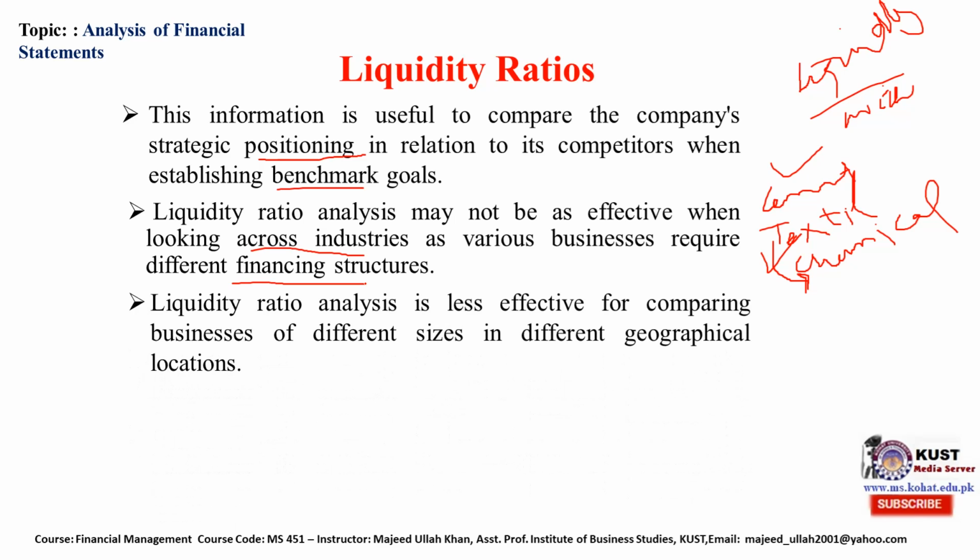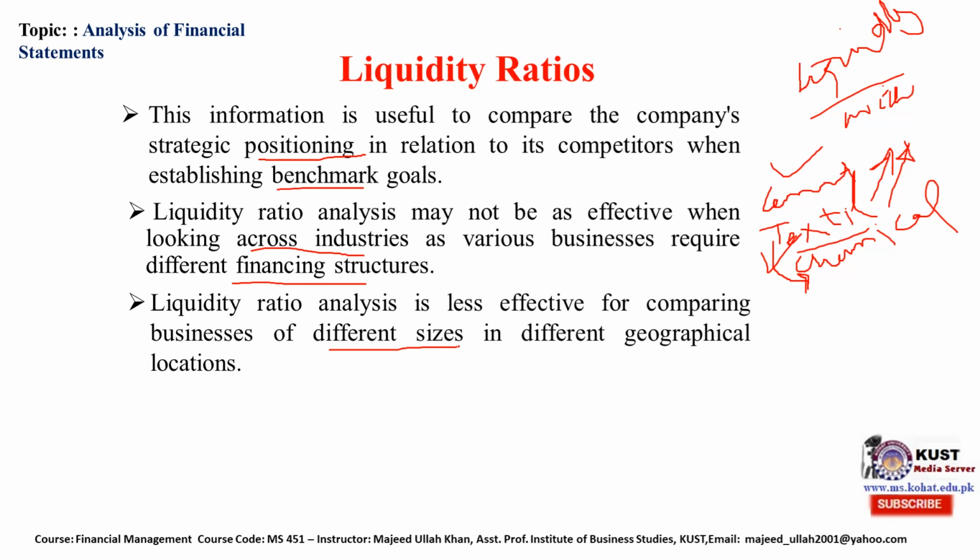Now, liquidity ratios, similarly: sugar and textile cannot be compared because both companies are related to agricultural products. One acquires raw material in the form of cotton, and the other acquires raw material from sugarcane. But again, their short-term financing structures are quite different from one another. So liquidity ratio analysis is less effective for comparing businesses of different size